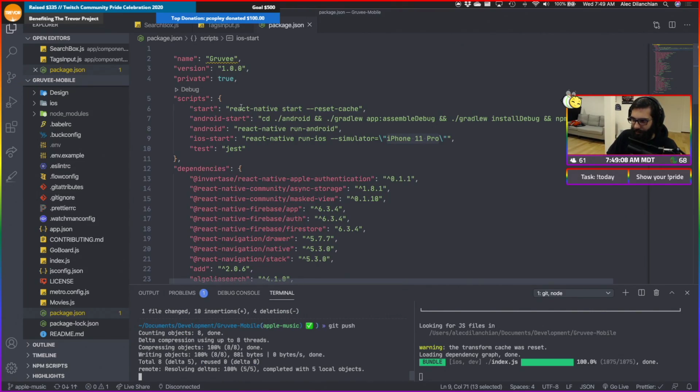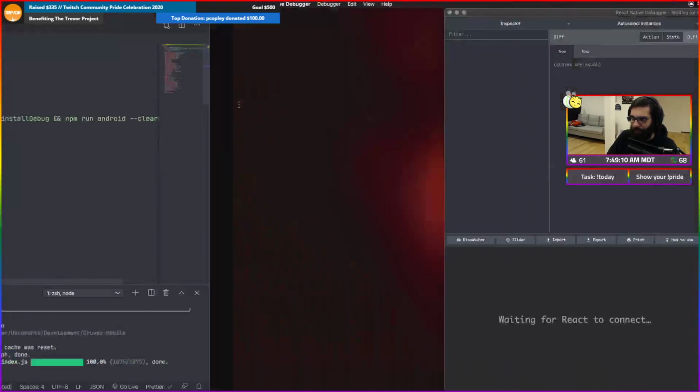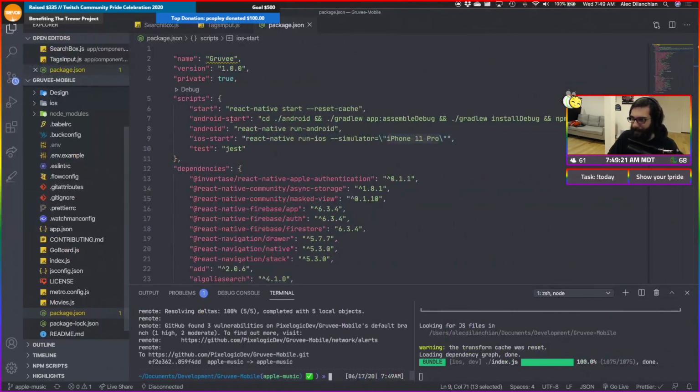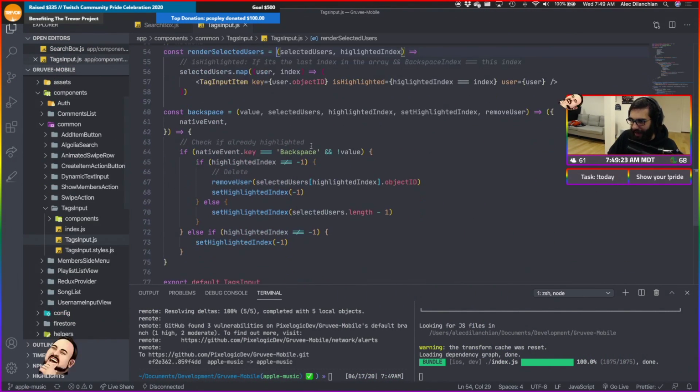Awesome. Heck yeah. So now, again, we're looking at this bug where when we add a user, it looks like they don't show up in our pill properly. So we should probably check that out. And so I believe it has to do with our tags inputs.